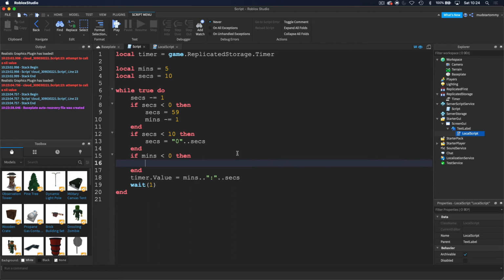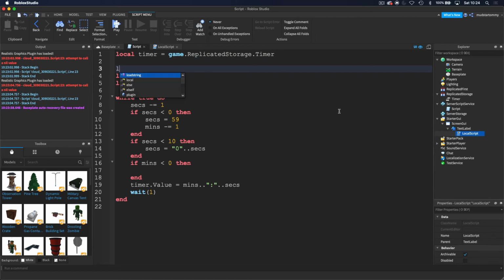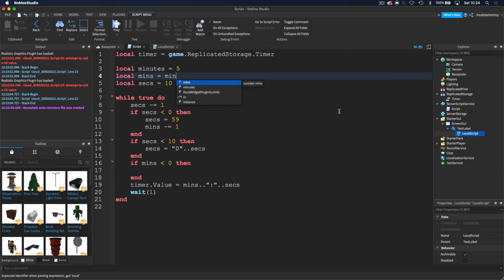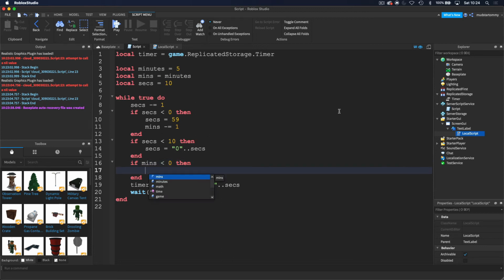So then, I'm going to create a variable up here called minutes. So like an actual minutes instead of mins, shortened down. Now we can set the actual time, and then we can do this to minutes. So that means that this value will be changing, but this one isn't. So that means we can just do mins